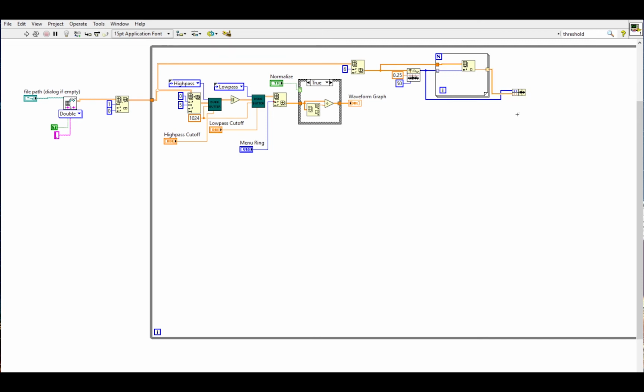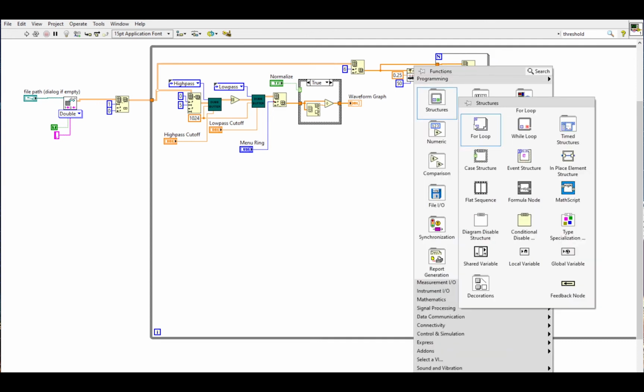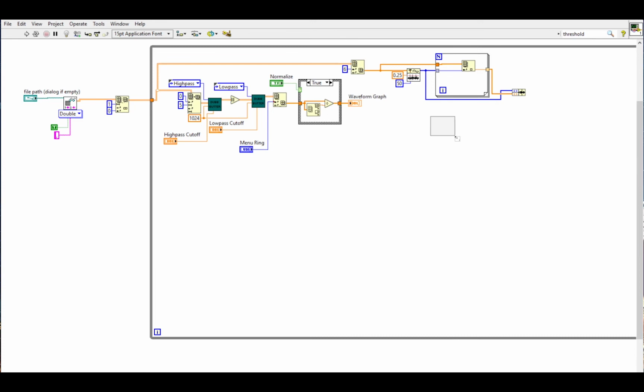Now we also need to create a signal to plot this against, and that's going to be our channel that we want to view, being our heel FSR. And in order to plot that signal, we also need that in the format of XY. An easy way to do that is to create a for loop, wire your data into that,